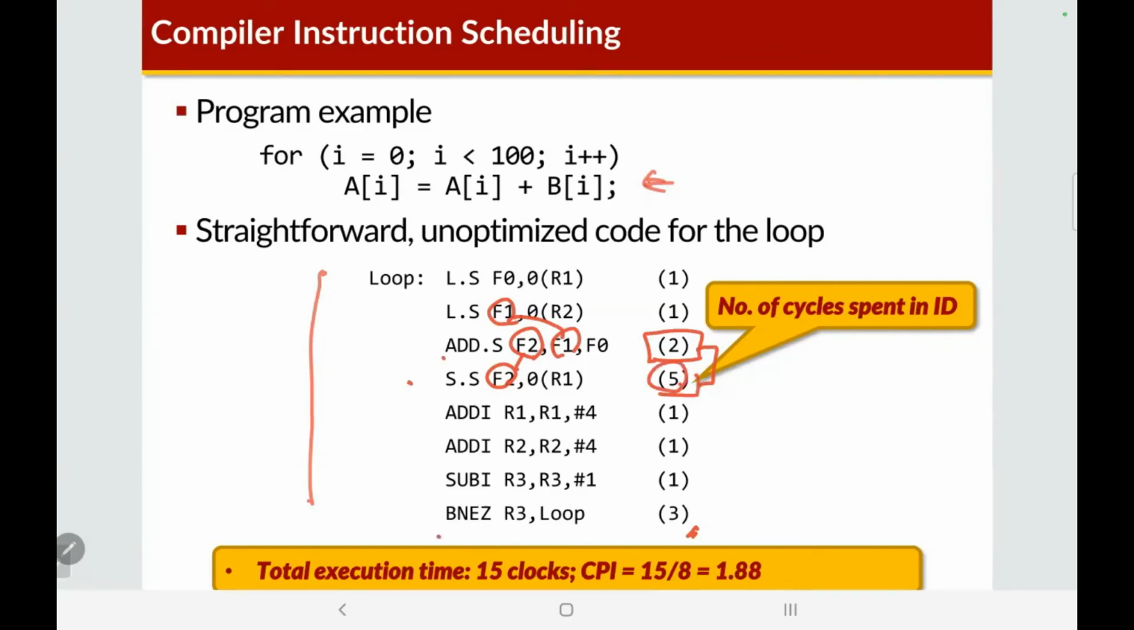And then because of the control hazard, this is the iterative loop, and that means that this branch is usually taken many times. So actually more than 2 cycles are wasted. So the cycles for this branch instruction is 3. If we just add all required cycles in this basic block, then this basic block requires 15 cycles, so we can calculate the CPI. There are 8 instructions, so CPI is 1.88. Okay,